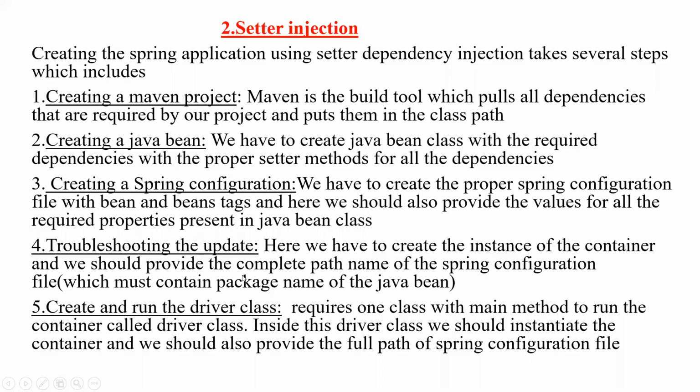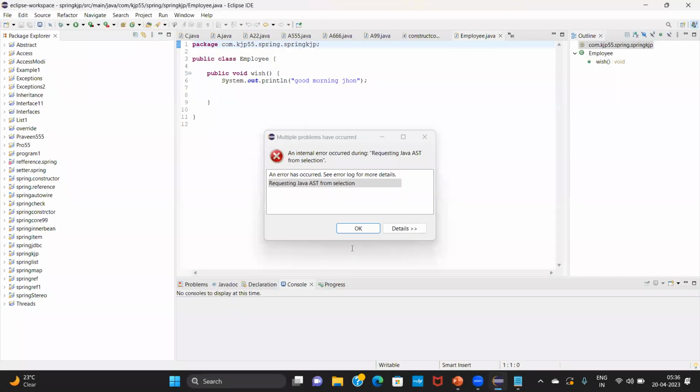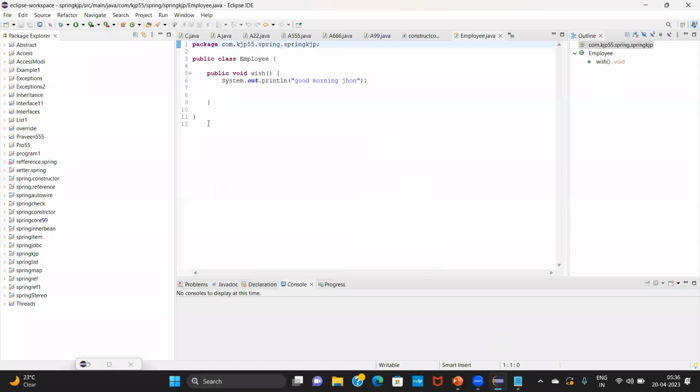Okay, for the sake of you people, I will do it once again. This is the last time I am doing it, because every time I can't create a project, write the Spring configuration file, a POJO class, and a driver class. It takes more time. One more time I will show you how to create a project, and then we'll do dependency